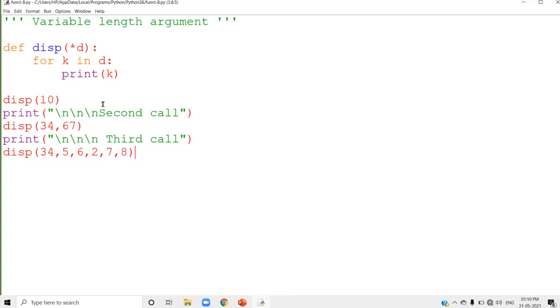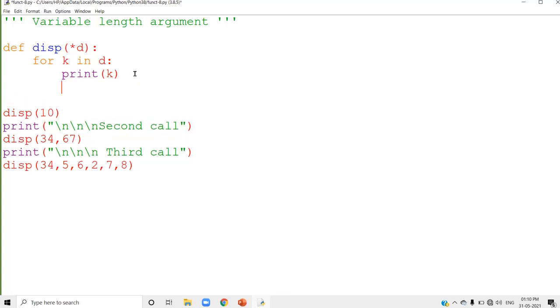So this type of call is known as variable length argument. There's no fixed number. You're passing any number of values, and all the values are stored inside the variable D. And one more thing, I will show you the type of the variable D. What is the type of this variable? What we studied, a variable can store only one value at a time. But this is the way, when you call the function, it's storing multiple values into the same variable.